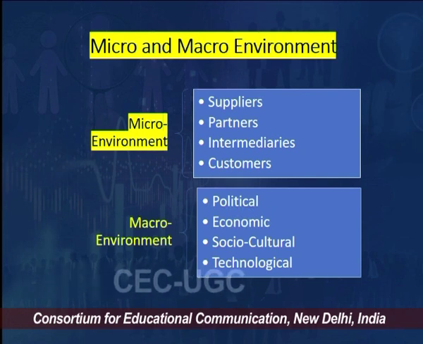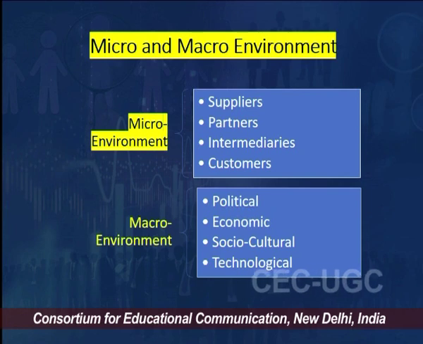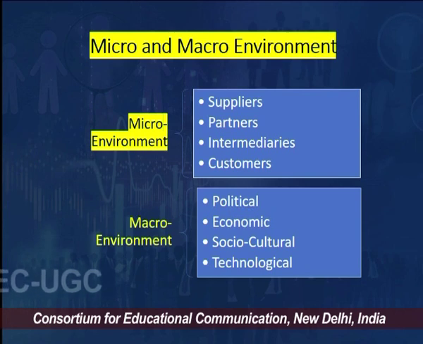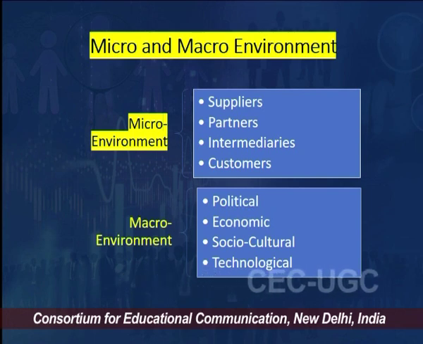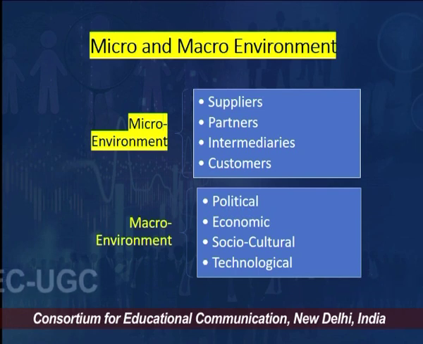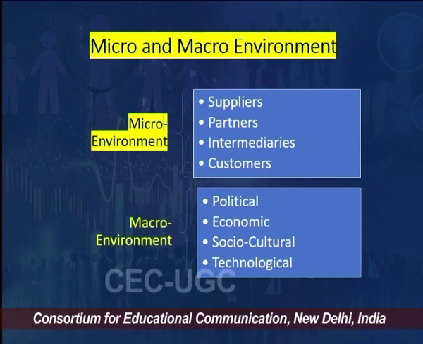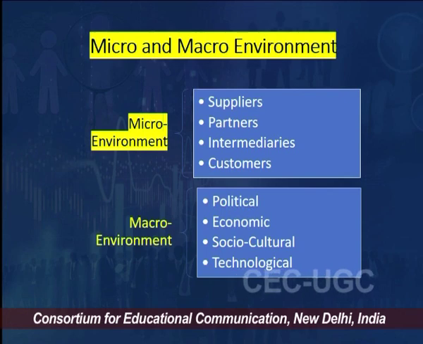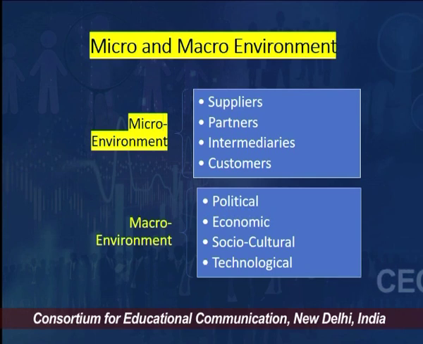Whereas, when you talk about the macro environment, they are the factors or the forces that are going to affect all the firms or all the industries as a whole. This largely comprises of, again, PEST. PEST is the acronym which stands for political aspects, economic, socio-cultural and technological aspects which a digital marketer has to deal with. Let us take each of the micro environmental elements first, starting with suppliers.